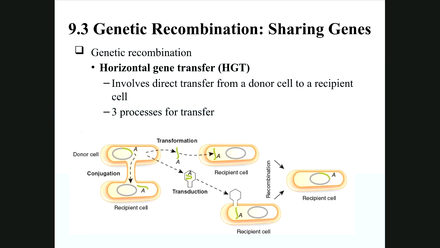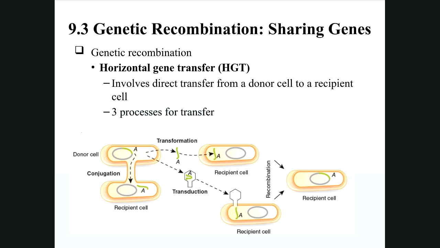Okay, so the way I gave my genes to my children was that I gave birth to them. They have part of my DNA and part of my husband's DNA, and that's how we made that child. But imagine if humans could do horizontal gene transfer. That would mean that I would give some of my chromosomes to somebody else. Okay, and that's not how that works. But that is how it works in bacteria, because they do binary fission, so they have to have some way to share their genetics. Okay, so there are 3 ways that we can do that,